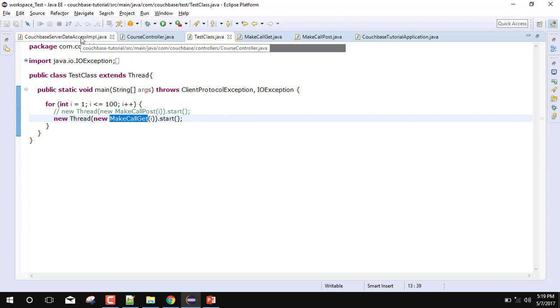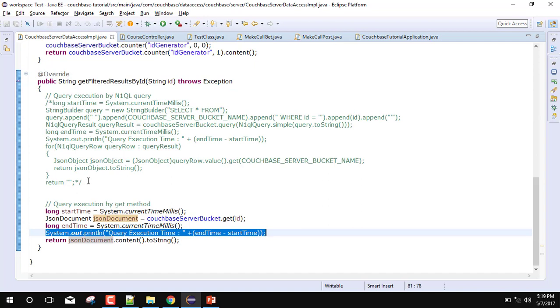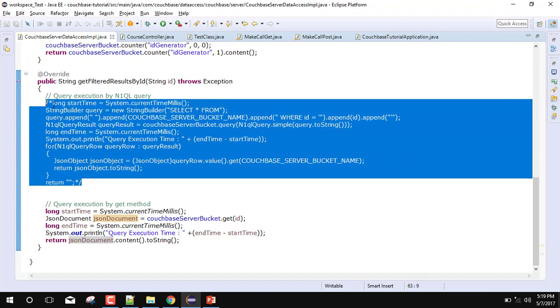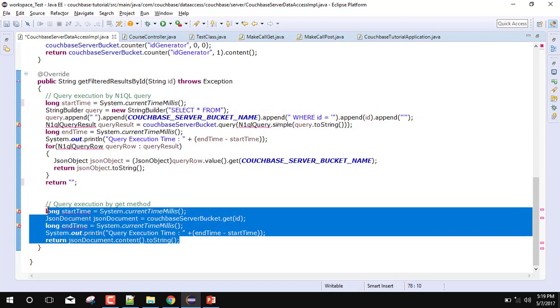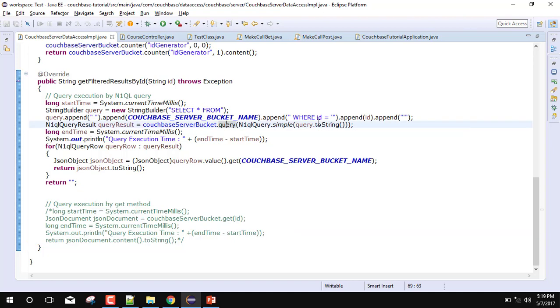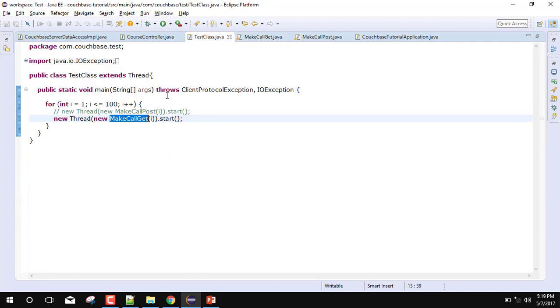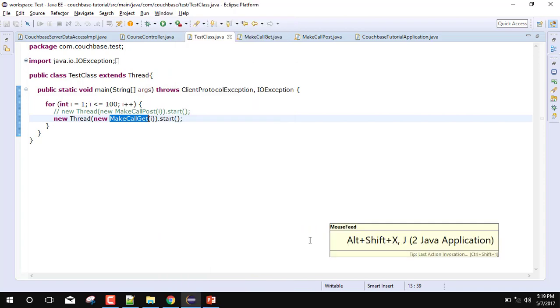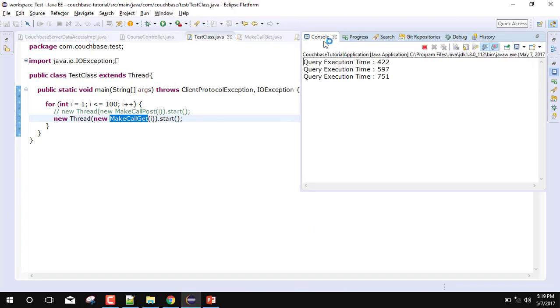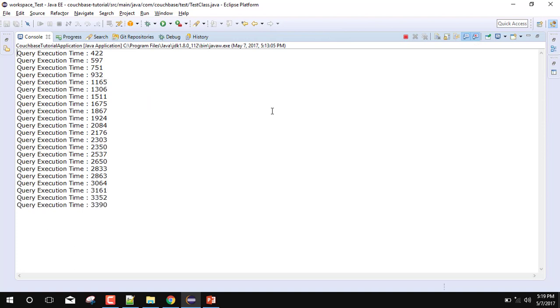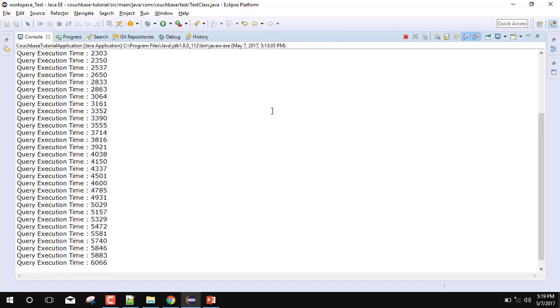So let's first test our original code, which uses N1QL queries. Here I am just doing a select star from the ID and fetching the documents. So let's create 100 threads and test the result. What will be the result with the help of N1QL queries? Run the Java application, and it will create the 100 threads and give some result for the query execution by the N1QL query.